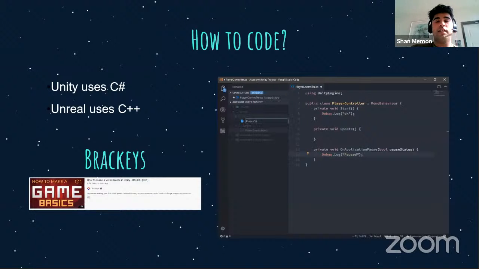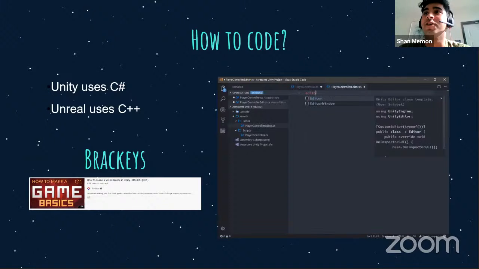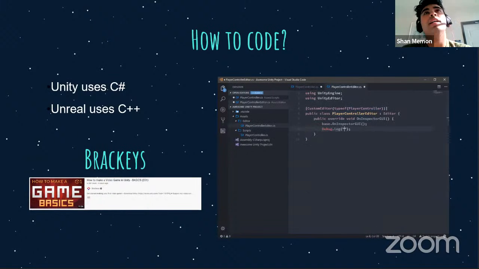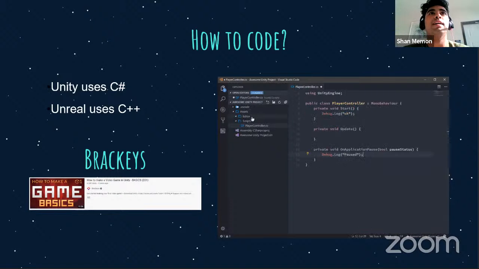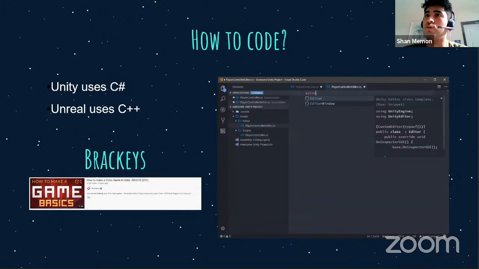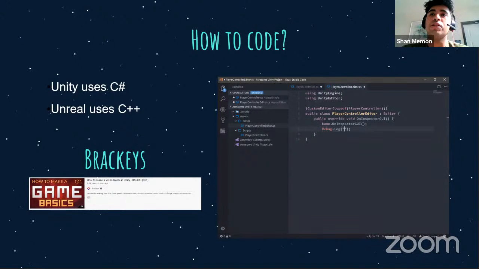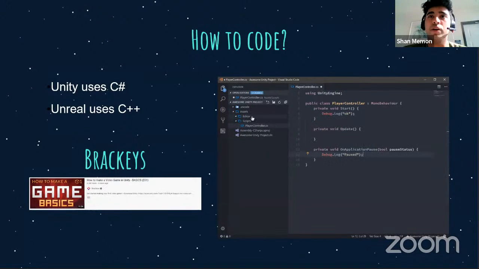The first thing in Unity, if you were to use it, is you would have to know how to code. You can't escape that if you're trying to make a game. I guess you could technically escape it. Unreal has a blueprint system where it's a UI, and so you don't have to actually type any code. You just connect nodes together. But I wouldn't recommend that. I would say coding is the best way and the industry standard.